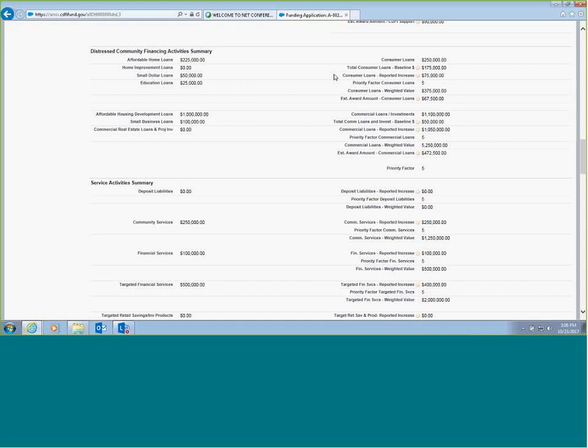However, the reported increase is multiplied by a priority factor of either 1, 3, or 5, depending on the bank's total asset amount as of December 31st, 2016. That amount is entered in the very first section of your funding application. That calculation is performed in this case 75,000 times 5 to get your weighted value of $375,000. The weighted value for the consumer loan subcategory is then multiplied by the award percentage of 18%,